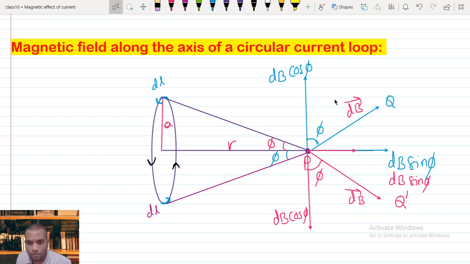Okay, I hope you are able to analyze this vector resolution. Now all we need to do is apply Biot-Savart's law at point P to find the resultant magnetic field. Suppose the distance from O to P, if I consider this as S, is a vector. The OP distance is a vector, and the same distance will also be from here. Now if I mention it here, A equal to radius,